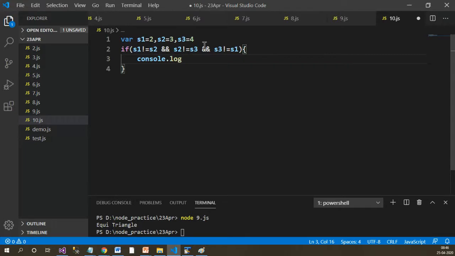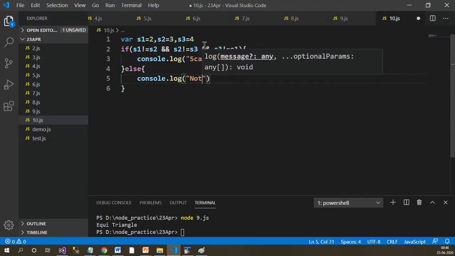So console.log, we can write scalene, else console.log not scalene.